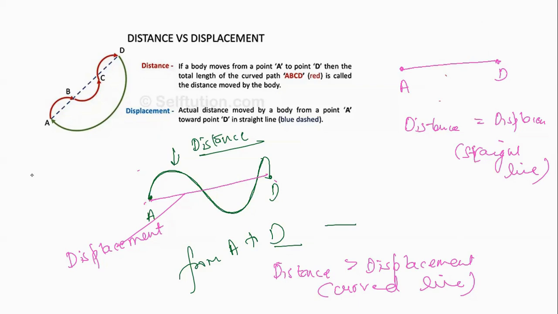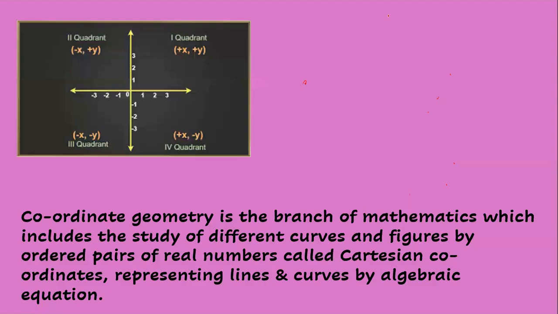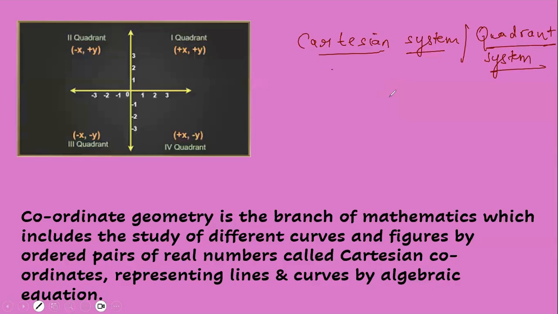Now let's have a discussion about the coordinates first. So if you will see the coordinates, you know that the Cartesian system, the quadrant system. When we are talking about the Cartesian system, let's talk about 2D geometry first, okay? Let's talk about the 2D part right now. So we know that when we are talking about the Cartesian system, we have,